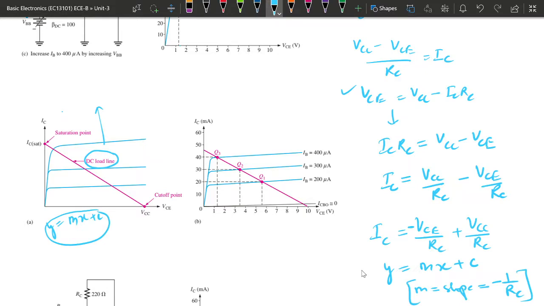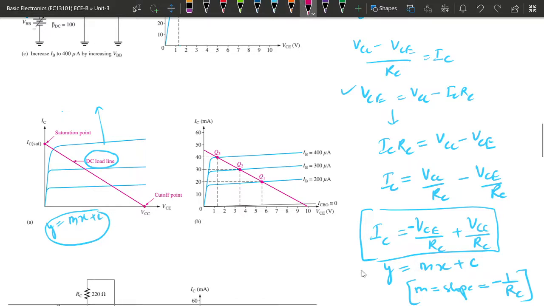And in the previous case, like in the diode case also, we have already plotted this DC load line. So this DC load line is, when in this equation we put VCE equals 0, at that time IC equals VCC by RC. So here IC saturation will be VCC divided by RC, because at that time VCE equals 0. Whatever IC is there, that is VCC divided by RC, that will be the I saturation.